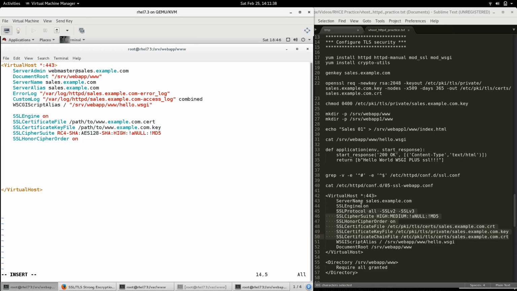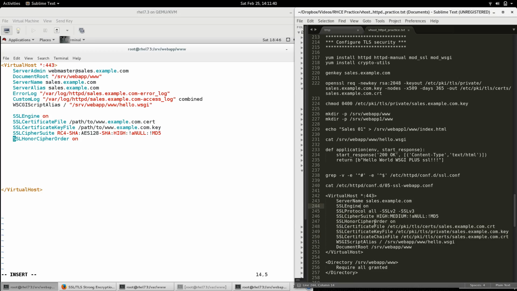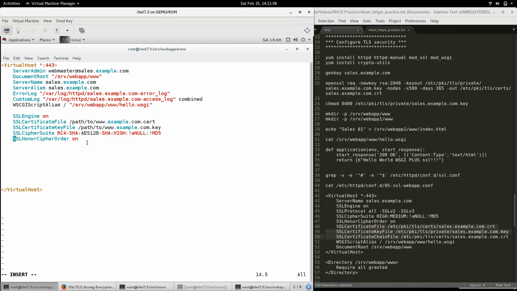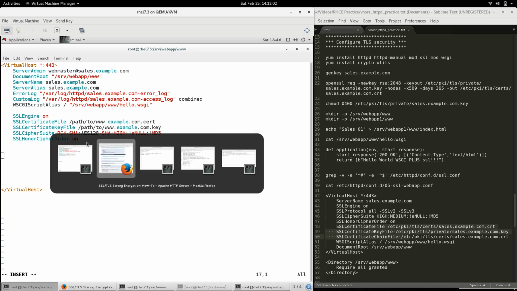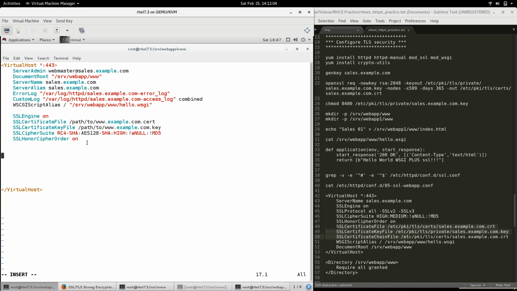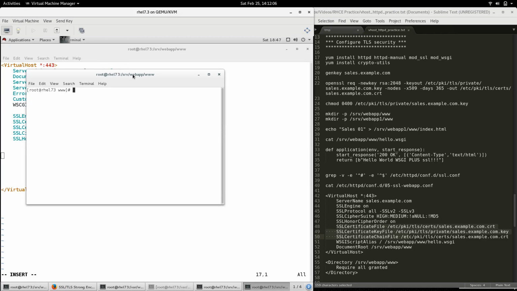Engine on, right? Cipher order on, and the certificate file, and the key file, and also the chain file. But you say, well, this is enough. I think it is, but this is one way. If you now need to verify and make sure that this is alright, you can